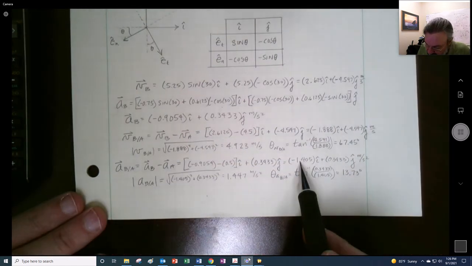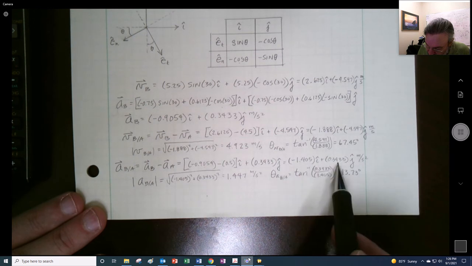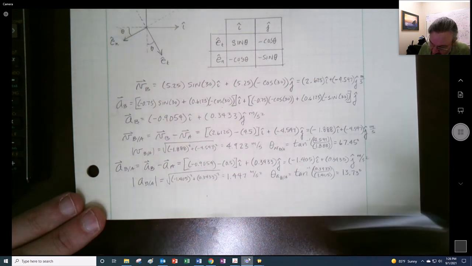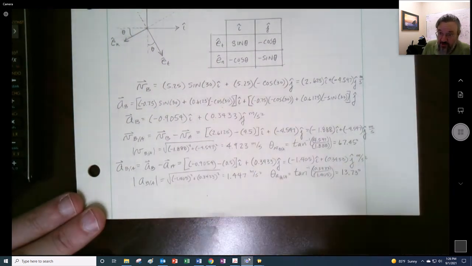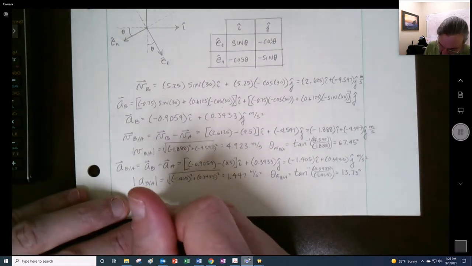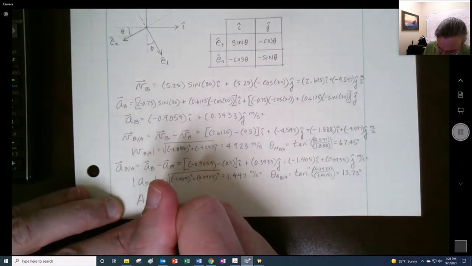And we note that this is going to the left but up, right? So that's in the second quadrant. So if I go to answers,